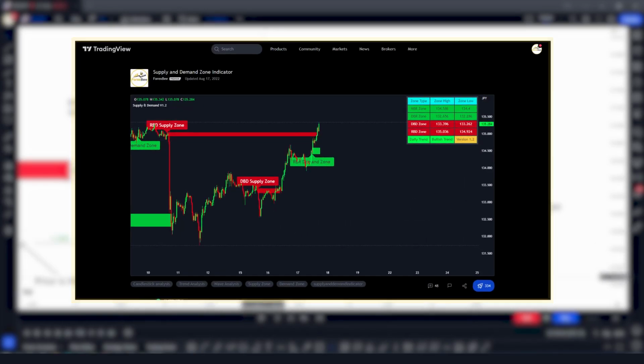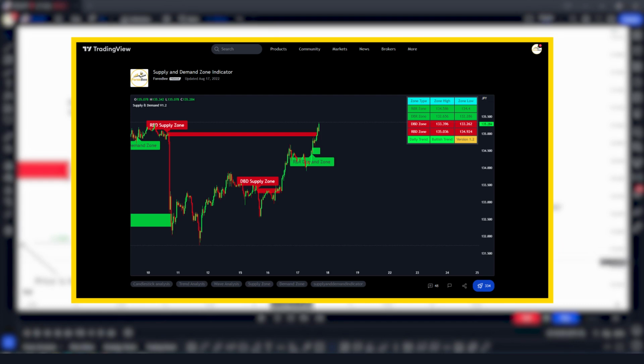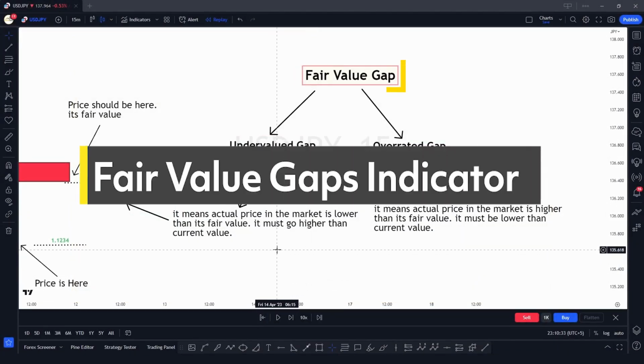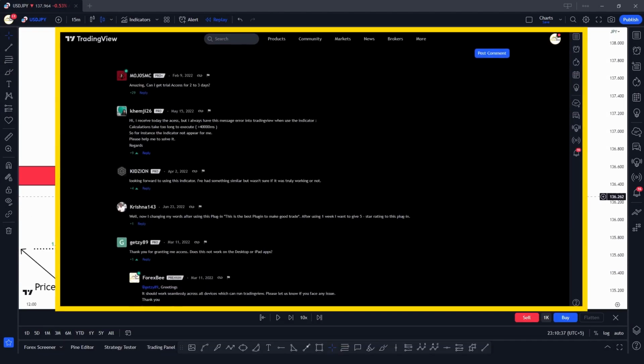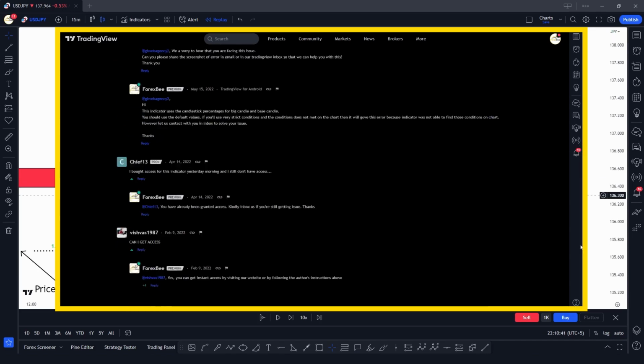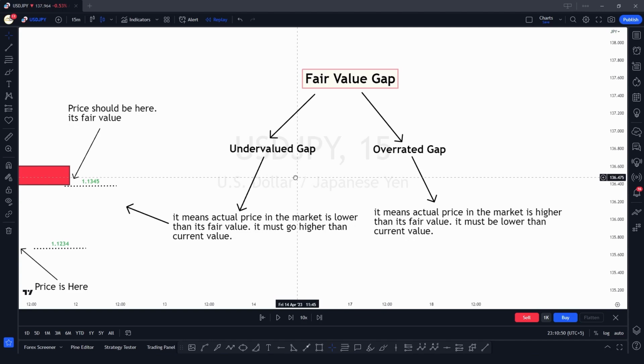After the successful launch of our supply and demand indicator, today I'm very happy to announce the launch of another smart money concepts indicator, that is a fair value gap indicator. And the people who've been using the supply and demand indicator, we have received a lot of positive feedback about that indicator. So today the indicator I'm going to announce will also add on top of the supply and demand indicator, and you can use these indicators in combination to make profitable trading strategies, as I'll show you in this